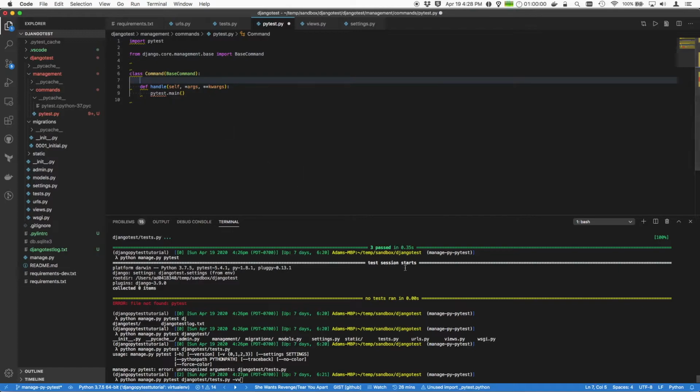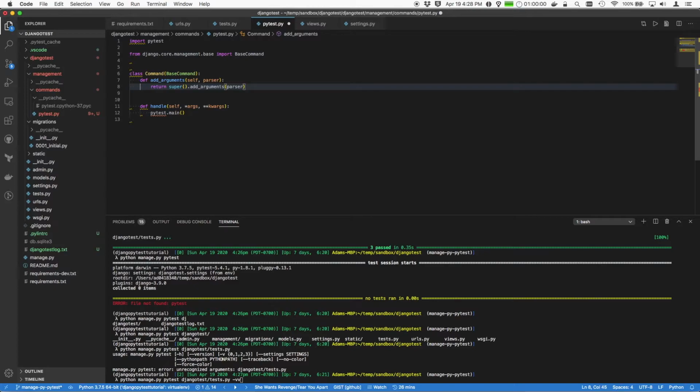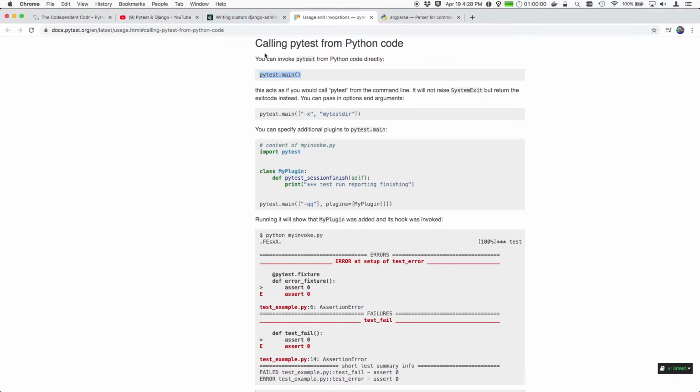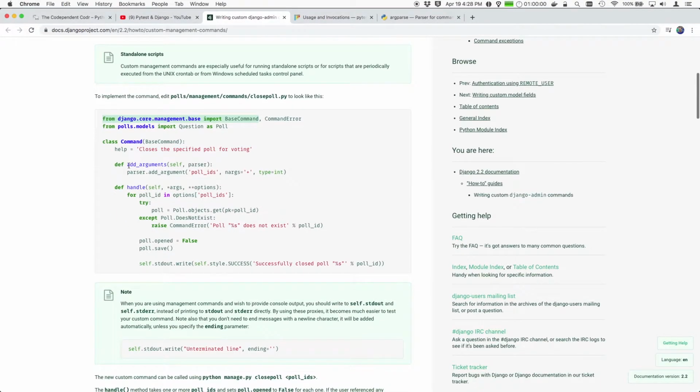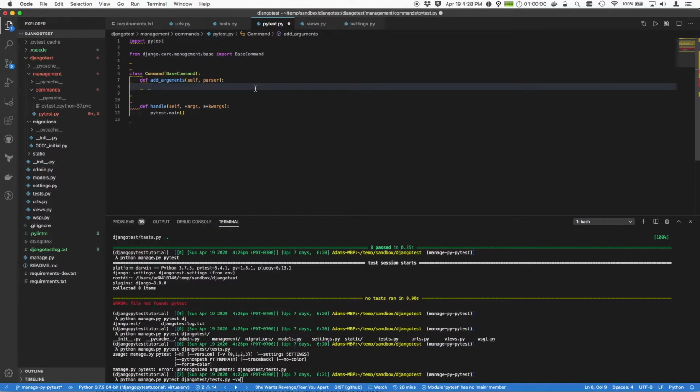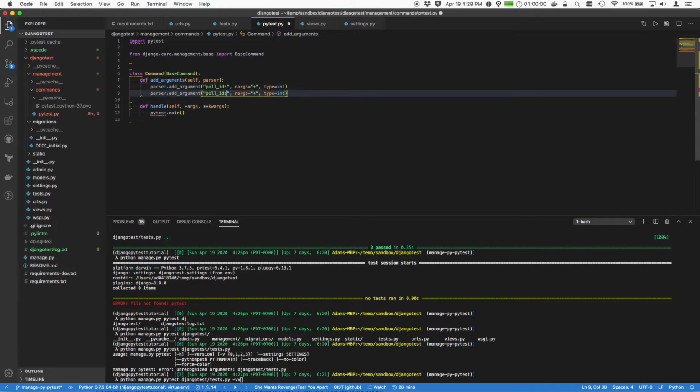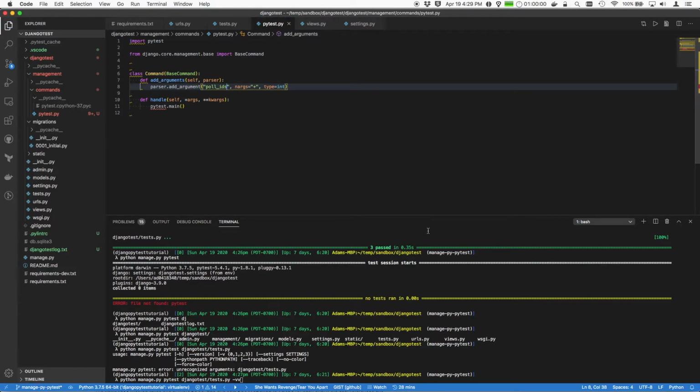And so that kind of begs the question, because one way of approaching this would be to say, okay, I'm going to get my add_arguments function here. Oh, VS Code is so clever, it filled out the function for me. I don't want that though. Actually, I want to go back to the Django docs here. So again, the convention here, the way you normally add arguments to your custom management command, is with this add_arguments function. So I'm actually just going to copy paste that in. Okay. So I could add these parser.add_argument calls to define all the different options